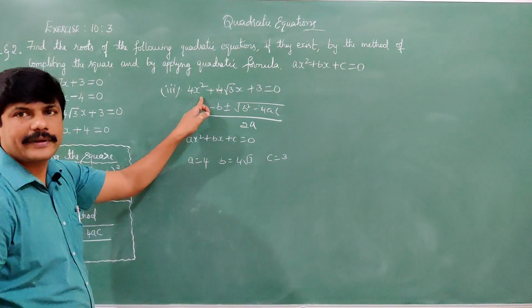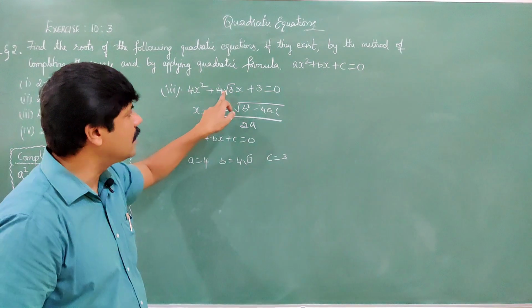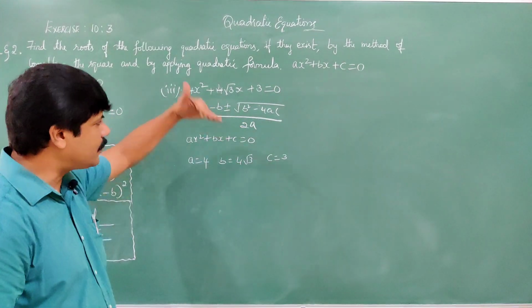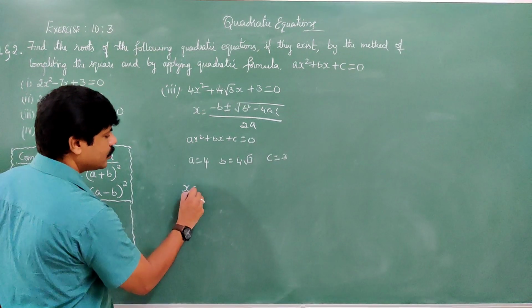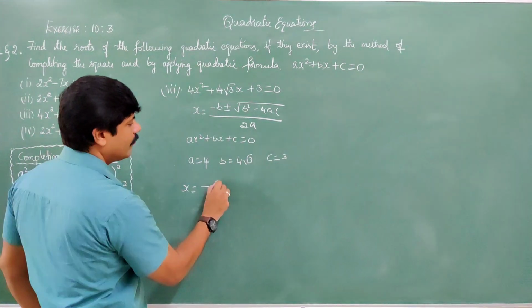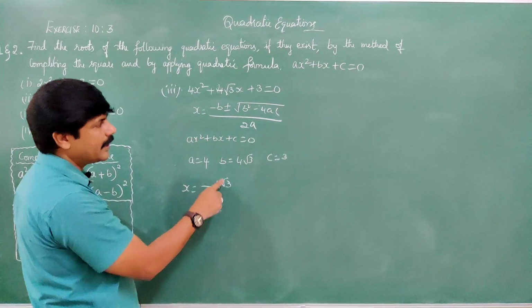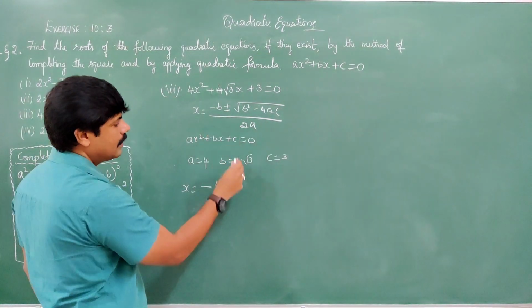What is the coefficient of x square? 4. What is the coefficient of x? 4 root 3. What is the constant? 3. Now substitute here: x is equal to minus b. What is b? 4 root 3. In place of b, 4 root 3 is written, because b is equal to 4 root 3. Then plus or minus